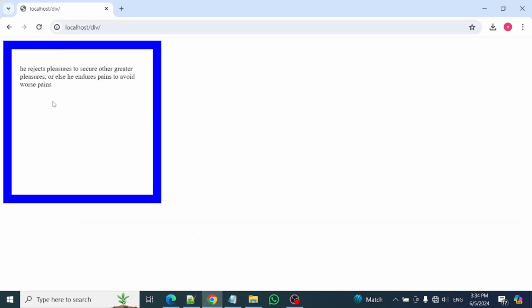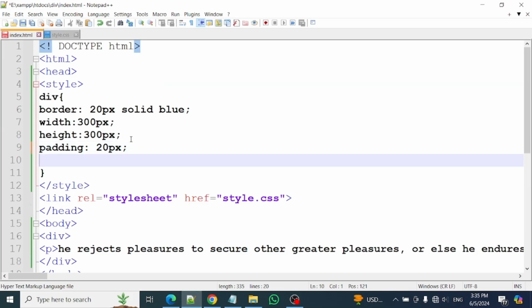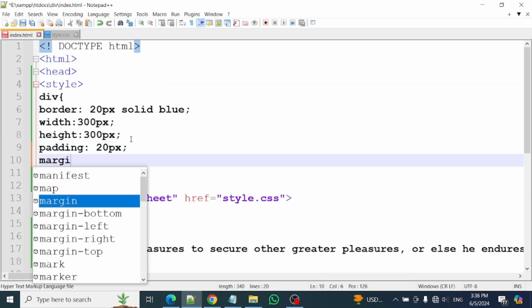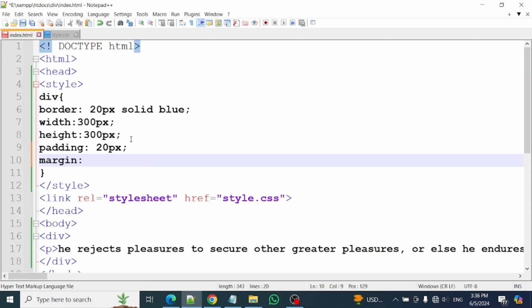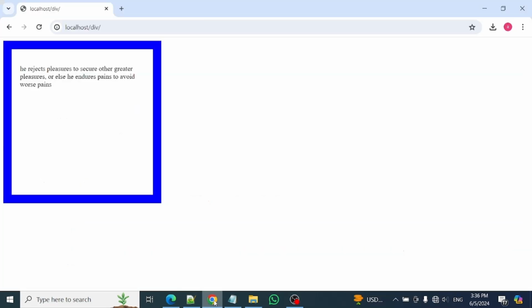the page. Notice the browser automatically calculates from top, left, right, and bottom: 20px from top, 20px from left, 20px from right, and 20px from bottom. Now use margin in the Notepad++ editor, margin: 20px semicolon, save the file and go to the browser, refresh